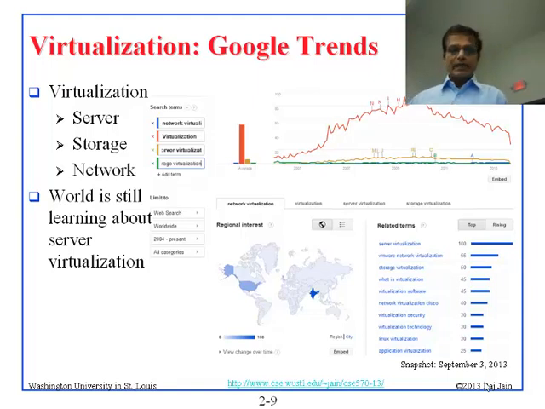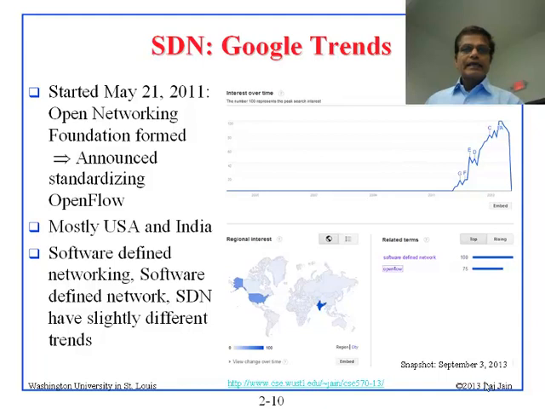Okay? All right. And you can see that there is some interest in some European countries here. And by the way, these graphs are very interesting because you can just check on those points and they will tell you what country that is. Okay? So that is good. All right. Next is SDN,